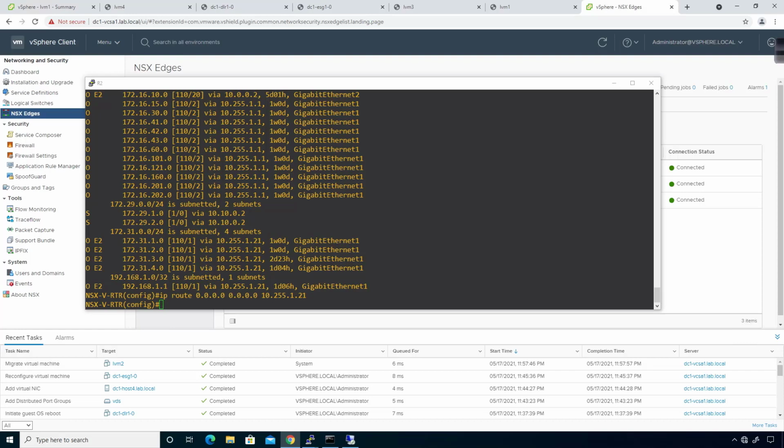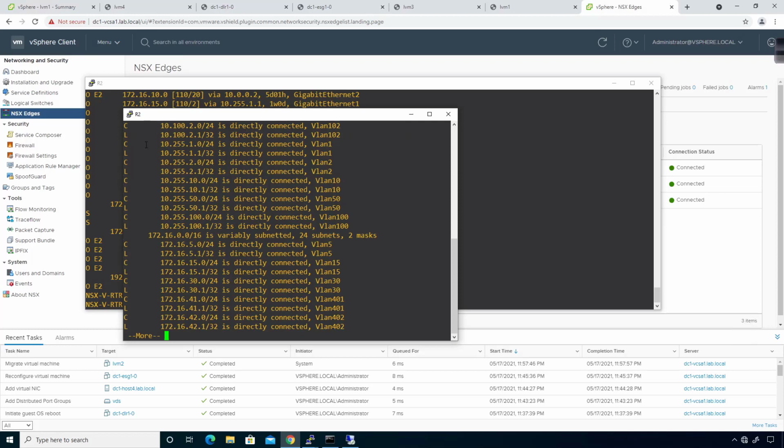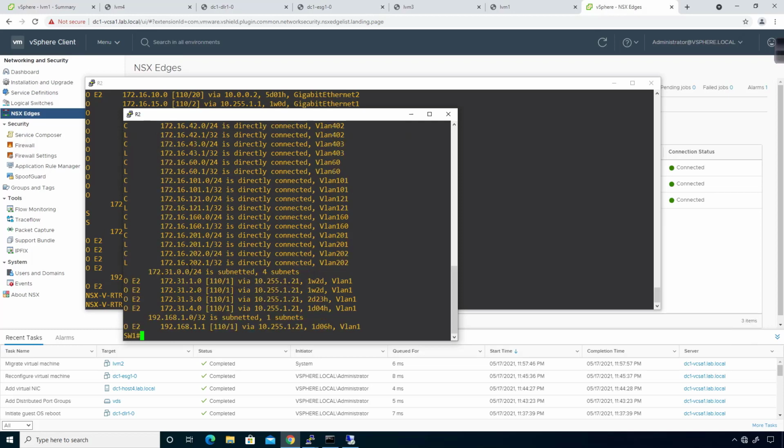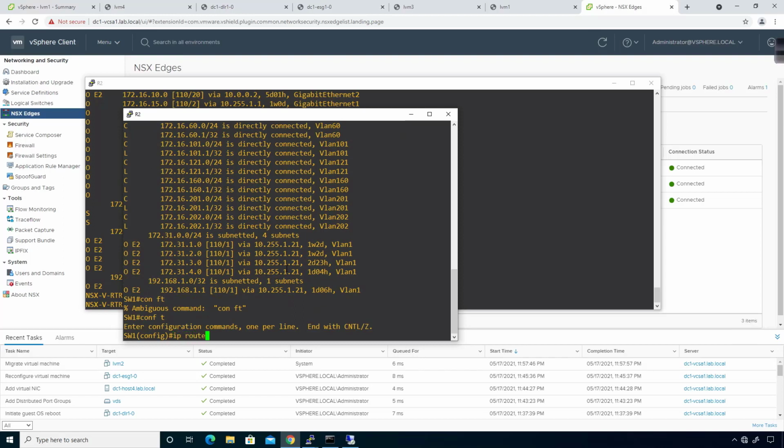And actually, let me do it this way. Switch 1, I will log into him real quick. Do a show IP route. I don't see any of the 172.29 routes coming through, but if I was to create a static route on here and type an IP route 172.29.1.0/24 is reachable via,